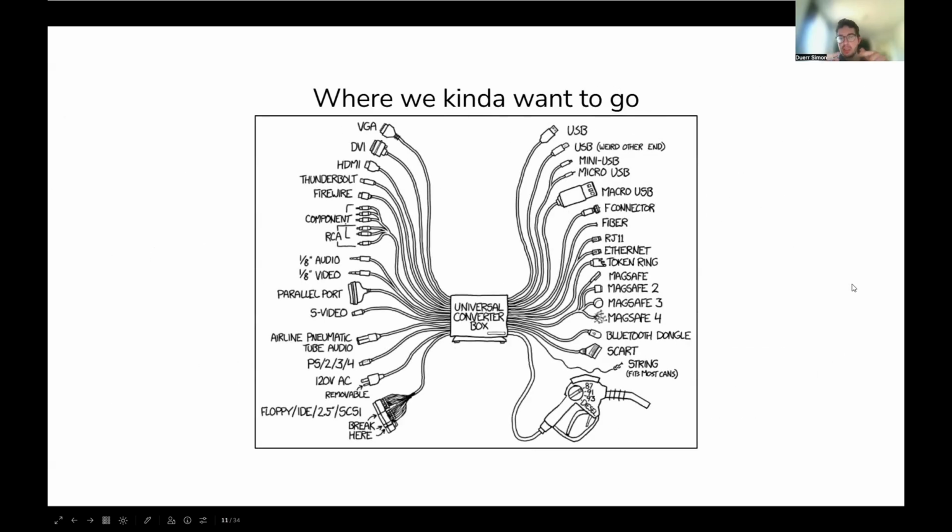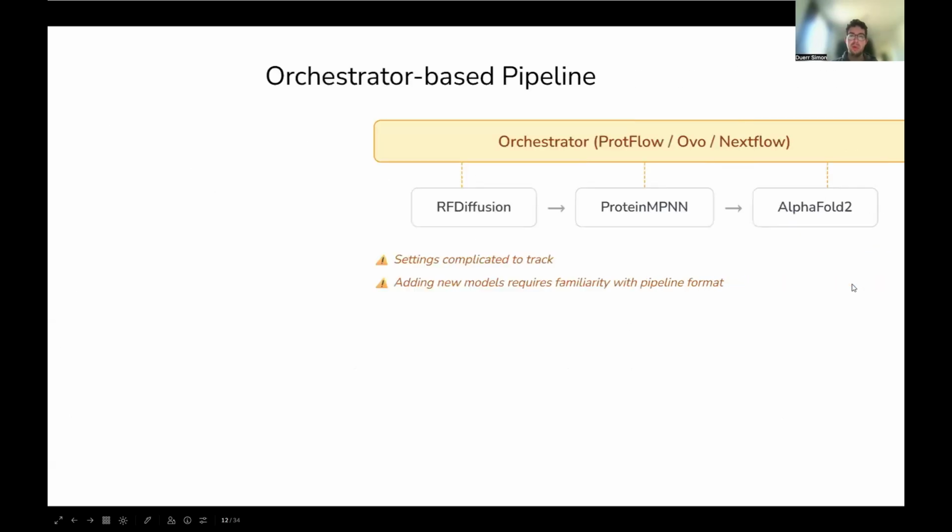And ideally, we would want to go somewhere like this. So another XKCD cartoon. Obviously, this is a bit hyperbolic, right? This universal converter box doesn't really exist, but ideally we want something like a program that can take any of the outputs of the models that we have, and then you can use that output and put it into a different model to process. So this is the aspirational goal of where we would want to go.